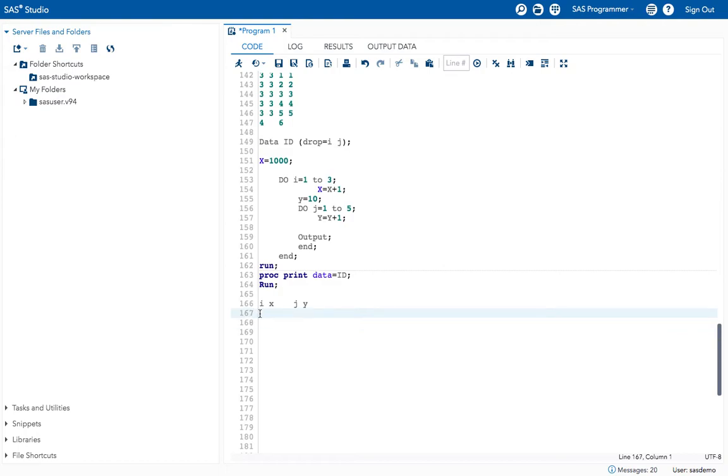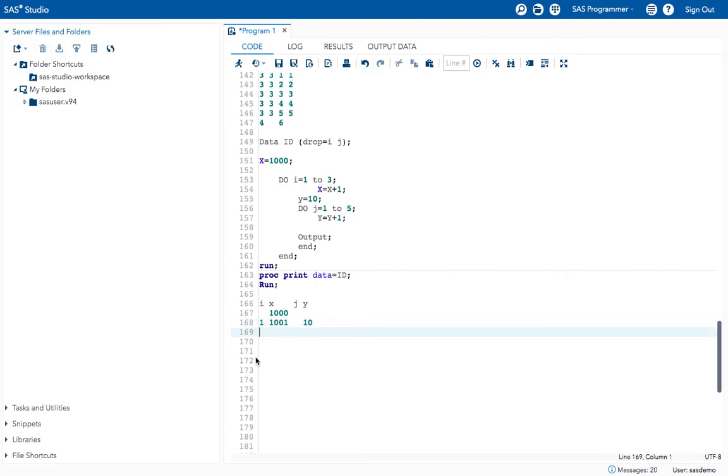Okay, I equal to what I have first? I have first x equal to 1000. I don't have anything for I value. Okay, so write 1000 here. Okay, come to the next step, and now I have I equal to 1 and 1000 is what? 1000 plus 1, right? So 1001. And I have y equal to 10. I don't have anything for j value. Y equal to 10.